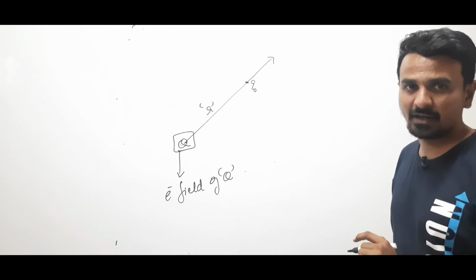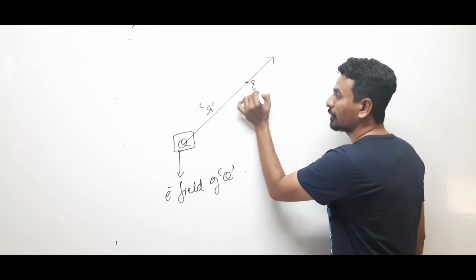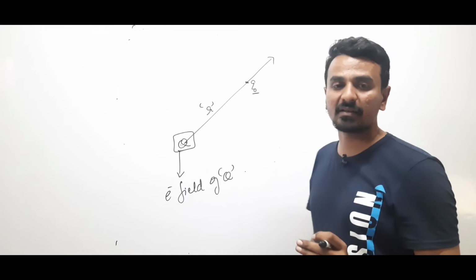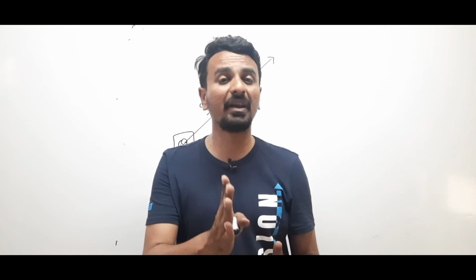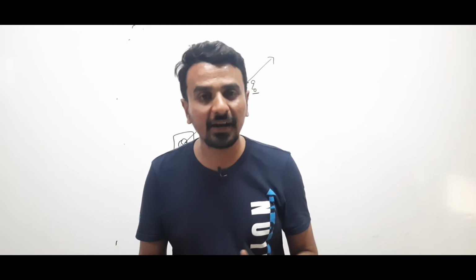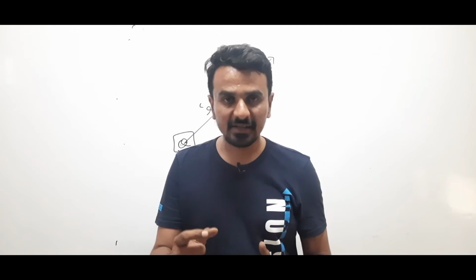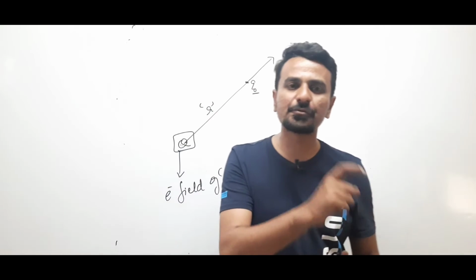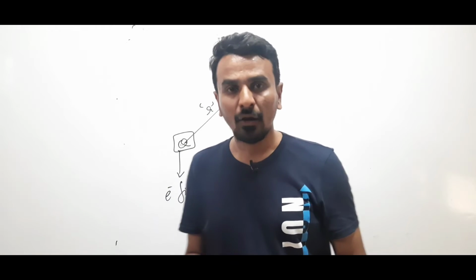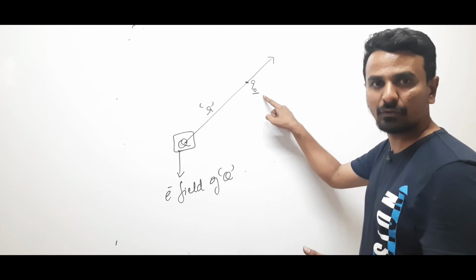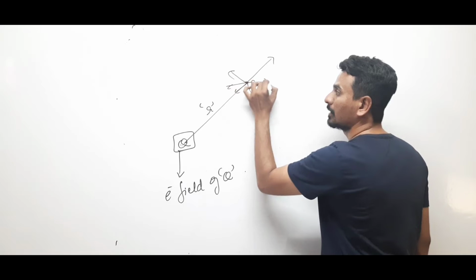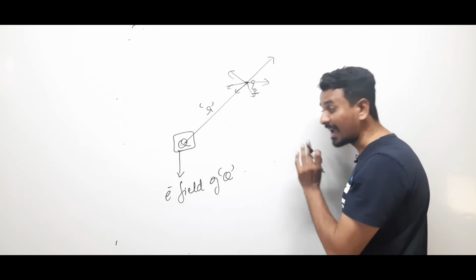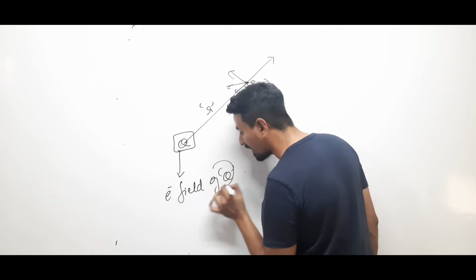But in the same way, we had also seen that whether the charge is of greater magnitude or less magnitude, each and every charge will produce an electric field around it. You understand the point? Each and every charge will produce an electric field around it. So this is also a charge Q0. It will create its own electric field this way. Done. But I just want to calculate the electric field of this charge Q.